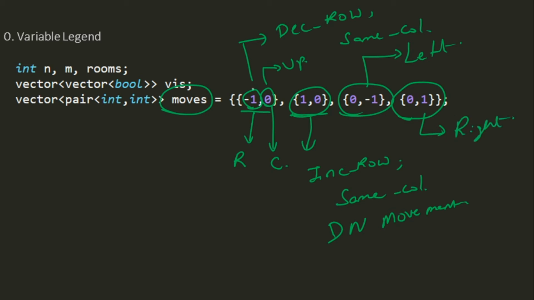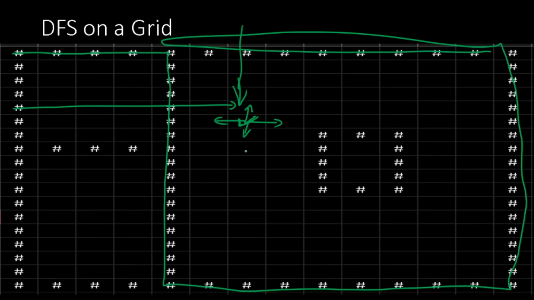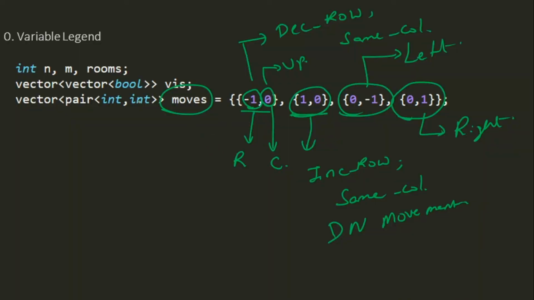So since we have 4 allowed moves, we have noted down all of them as pairs, right? So now we are able to move through this grid very easily, provided that the destination location is a valid location. That is the purpose of predefining these moves in our variable itself. Both of these are very standard, the visited matrix and the move vector. So we'll be using them in all the grid problems.